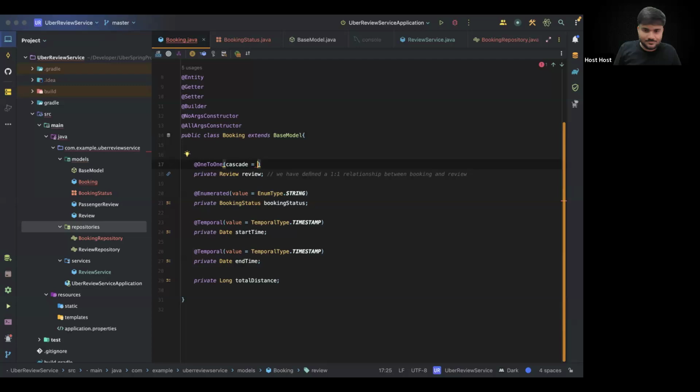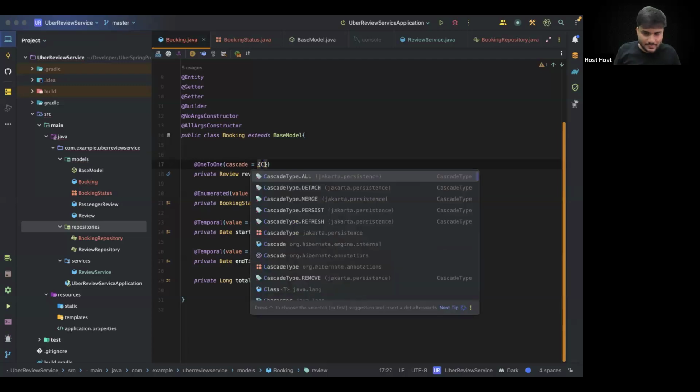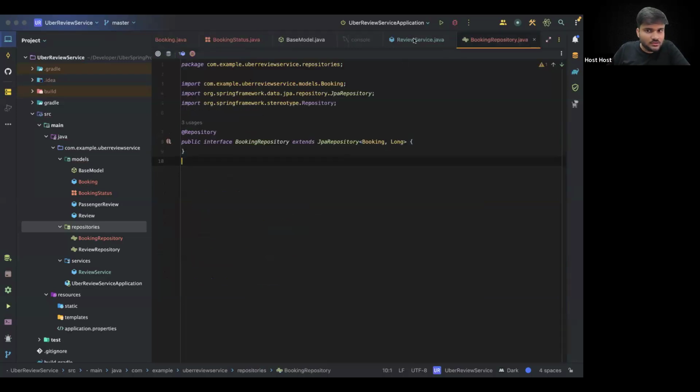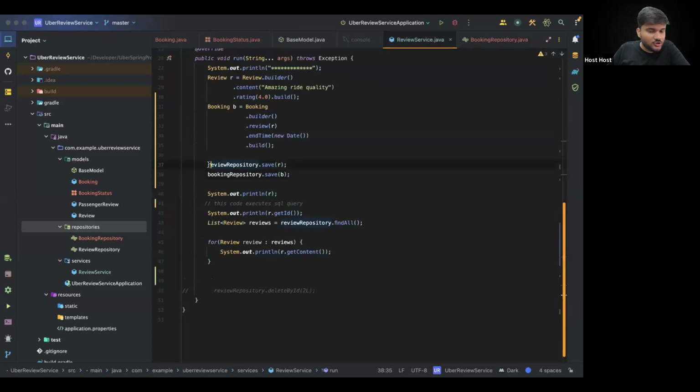What I can do is, here I can say cascade type dot persist. What is cascade type dot persist? Persist says that, okay, you wanted your review to be saved first because it is dependent, right? You want your review to be saved first because it was dependent. So you don't have to do it manually. You don't have to do it manually. If you run the code,